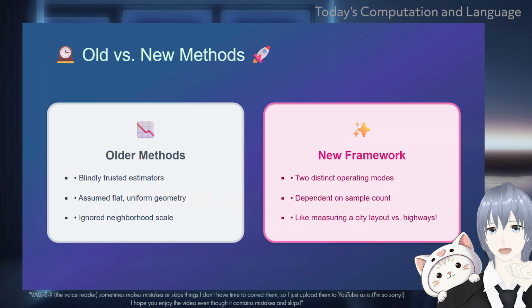Let us compare this with other technologies and older methodologies. In the past, researchers would just run an intrinsic dimensionality estimator, like the maximum likelihood estimation by the generalized ratios estimator, and blindly trust the output. We would look at AI-generated text versus human text, and open-class words versus closed-class words.